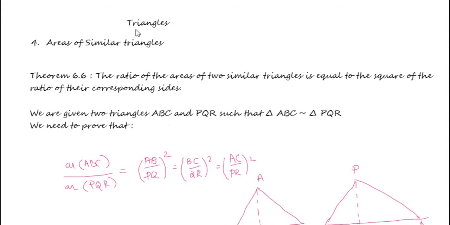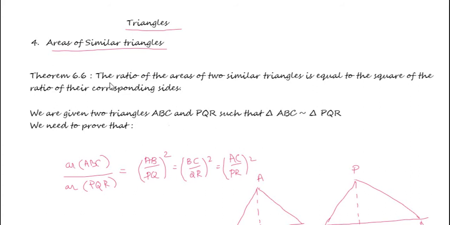This is the fourth module under this chapter, triangles. In this module, we are going to discuss areas of similar triangles. Theorem 6.6. This theorem relates the ratio of the areas of two similar triangles with the ratio of their corresponding